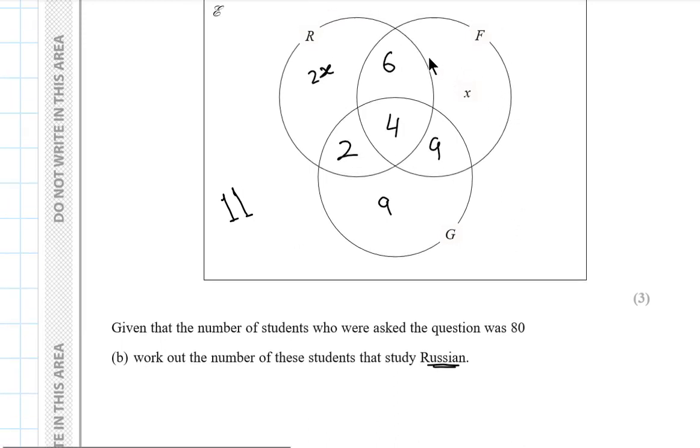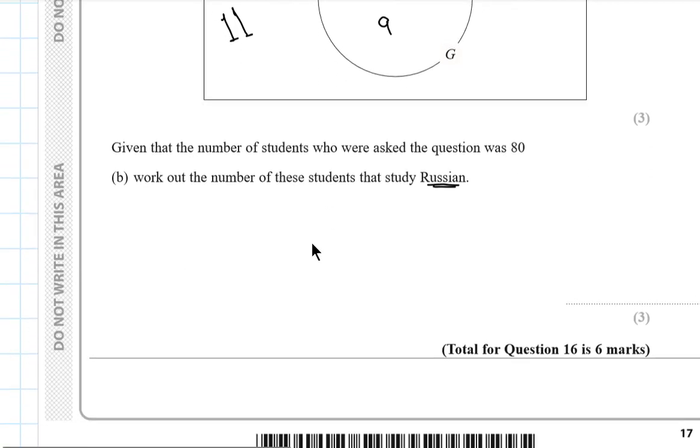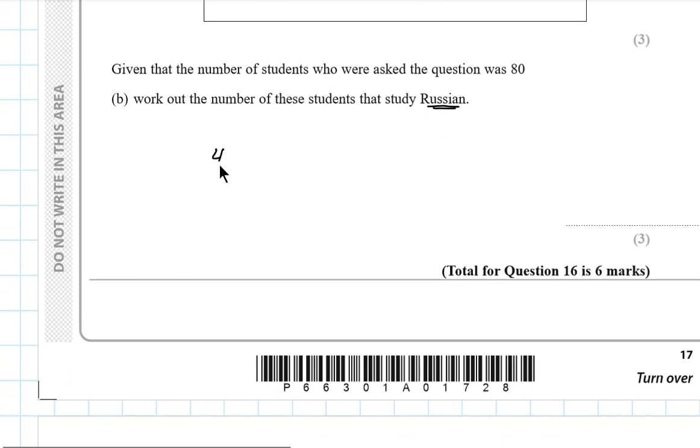All these numbers equal 80. Let's get the sum of all these numbers. All the German is 24, do you remember? So 24 plus 6 is 30. 30 plus 11 will be 41. 41 plus 2x plus x, which is 41 plus 3x, right? 41 plus 3x equals 80, and so 3x is equal to 39, and then 39 divided by 3 will